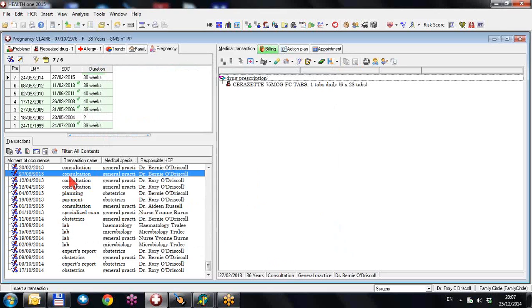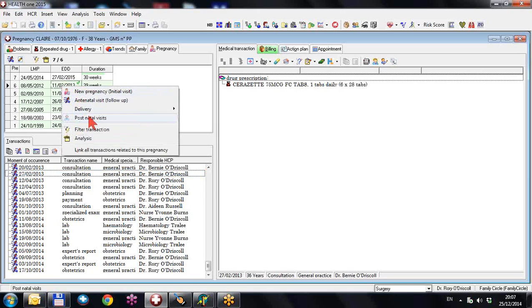If you have a new pregnancy, there's no problem. They will all be linked if you're using the new system. I'm only talking here about linking transactions that have been done in the past, and that will be common when you start off especially. I'm now going to show you this again by clicking on the second last pregnancy